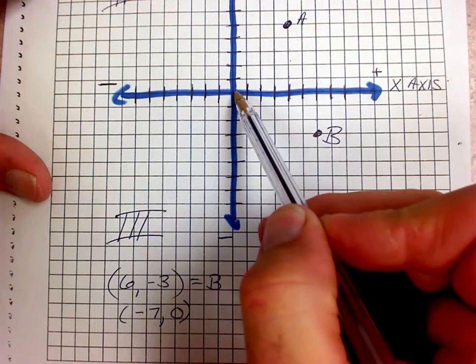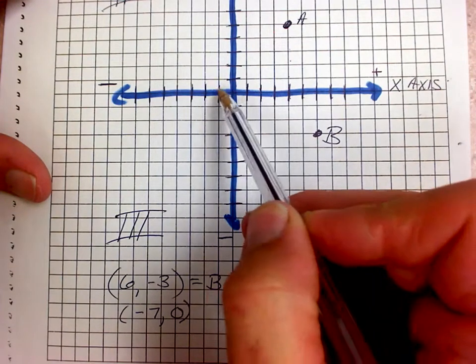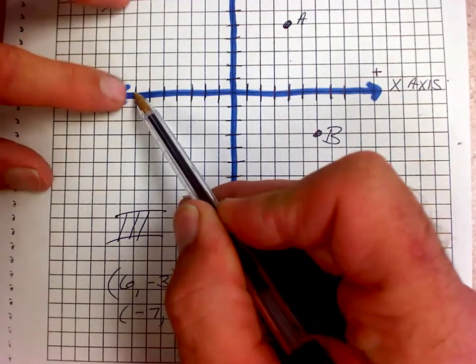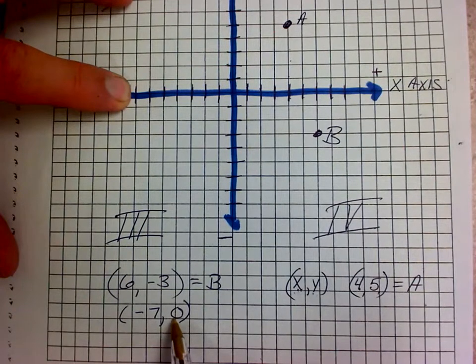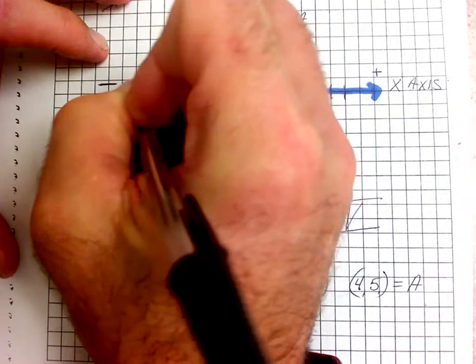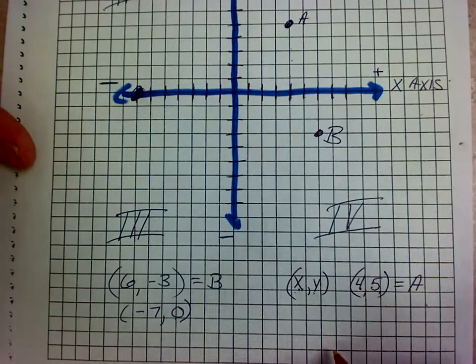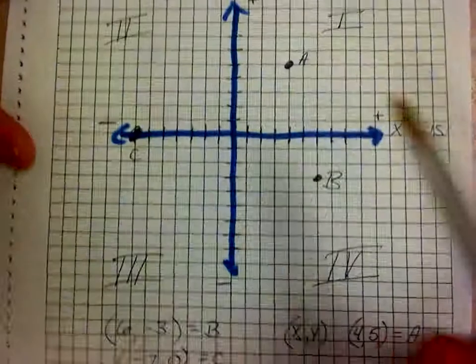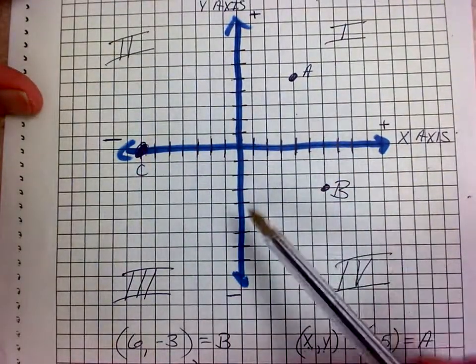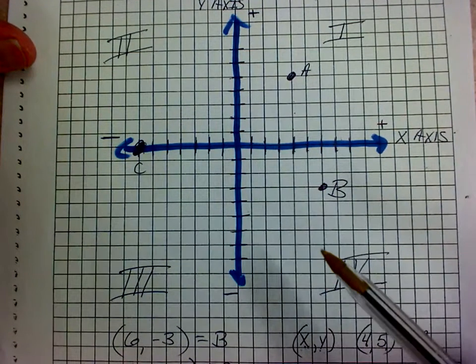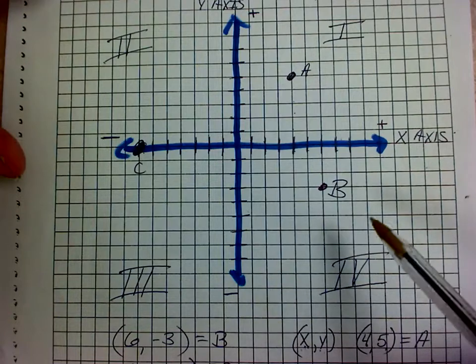So again, we start at the center, negative 7, left 7, 1, 2, 3, 4, 5, 6, 7, and then, okay, we're at negative 7, and now we're going to go up 0, down 0, whichever you prefer. So that basically means stay put. So that dot would be right on our number line. Okay, so yes, we may end up with the occasional graph that we plot right on one of our limbs of the coordinate grid. So tonight you should connect the dots, should create a character that you're familiar with, and